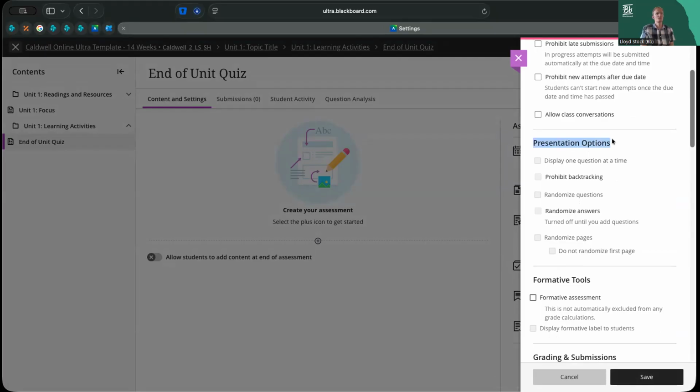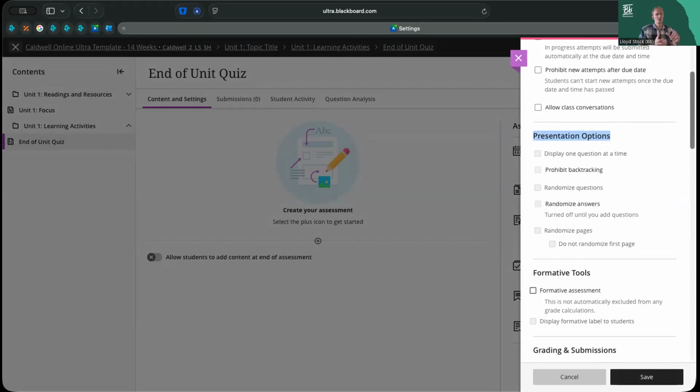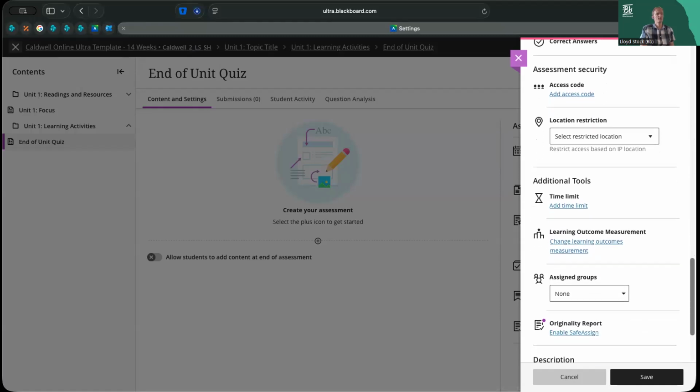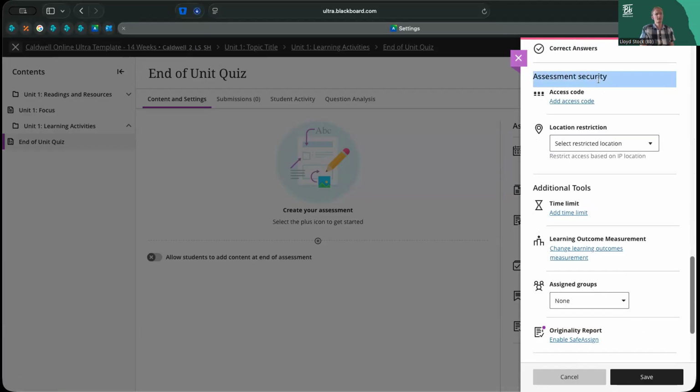You might want to be adjusting the way that the quiz or the test is presented to improve the student experience, but also sometimes make it slightly more of a summative type test with things like prohibiting backtracking. That might be useful. And then at the bottom here, remember, we covered this on Monday, we have the ability to have a code that students have to enter before they access the test, and have a restriction, so they can only bring this up in Blackboard from a set of IP addresses,